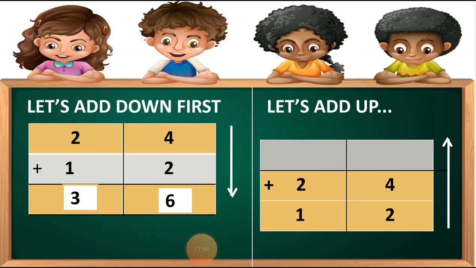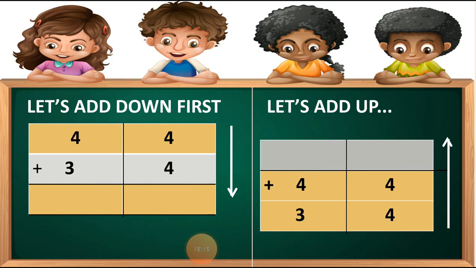Now let's check whether the 36 answer will come or not. In the adding up side, here is 2 plus 4. So 2 plus 4 is equal to 6. Now at the tens column is 1 plus 2. So students, 1 plus 2 is equal to 3. So here our answer is the same. You can see this 36 and also 36 on both sides. So here our answer is right.